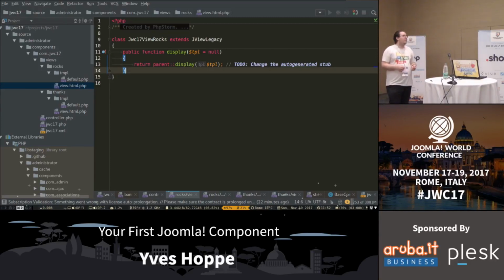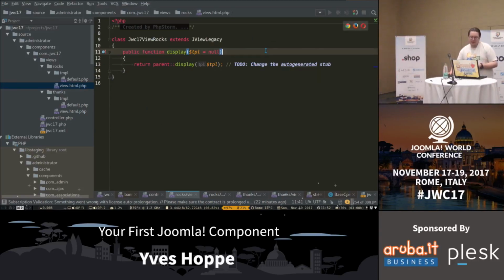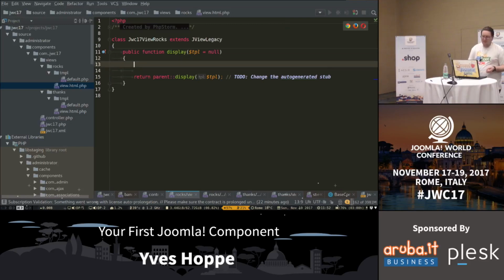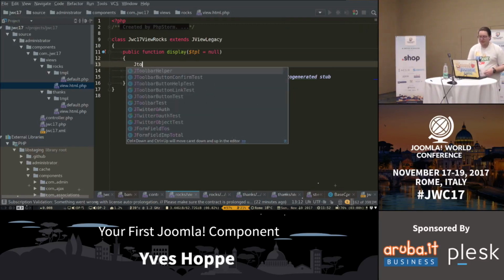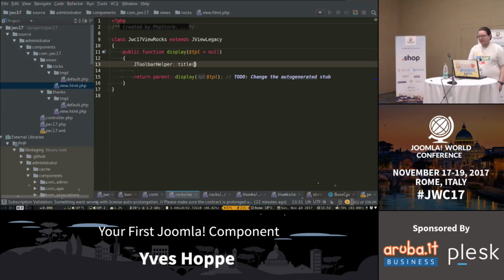And with parent display, we call it again. So what we do here is we put code before the JViewLegacy method display is called. And in here we can do stuff, like we can call the JToolbar helper and set the title,